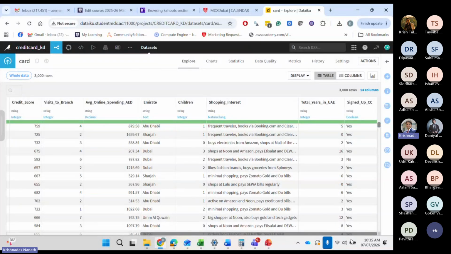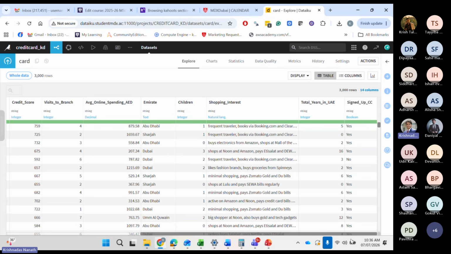Now, what this bank did is they launched a new online shopping credit card. A lot of these banks are doing this. For example, Emirates Islamic has the Emirates Islamic Amazon credit card, which gives you a lot of rewards for Amazon shopping. Mashreq and NBD have NBD Noon and Mashreq Noon, which give you a lot of rewards for Noon shopping, and so on. A lot of these banks are now experimenting with collaborating with an online shopping company, or a group of companies, and then launching the credit card.